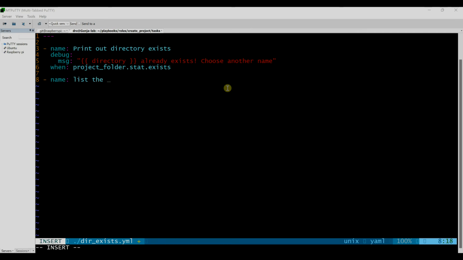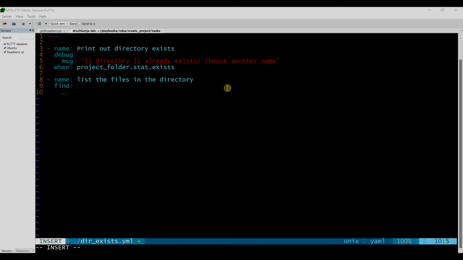List the files in the directory. And then just find. So another command, find path. I specify the path, which is going to be, again, directory, but this time I am going to use,